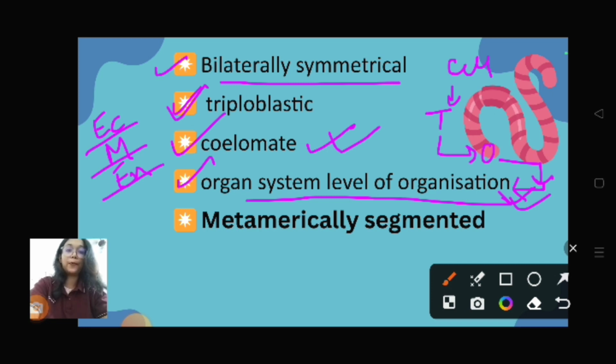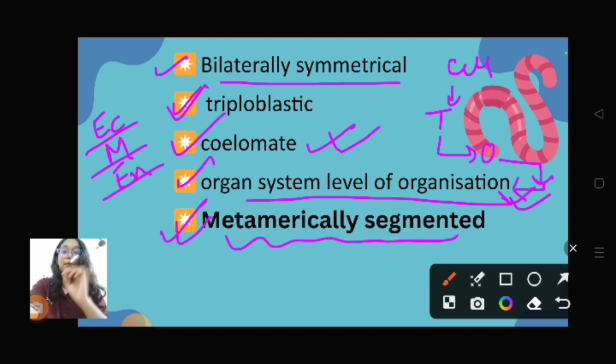Is it clear? Okay, and the unique feature of this phylum is they are having metameric segmentation, means in their body they are having segmented lines parallel to each other, like in this diagram you have seen, these segments are present